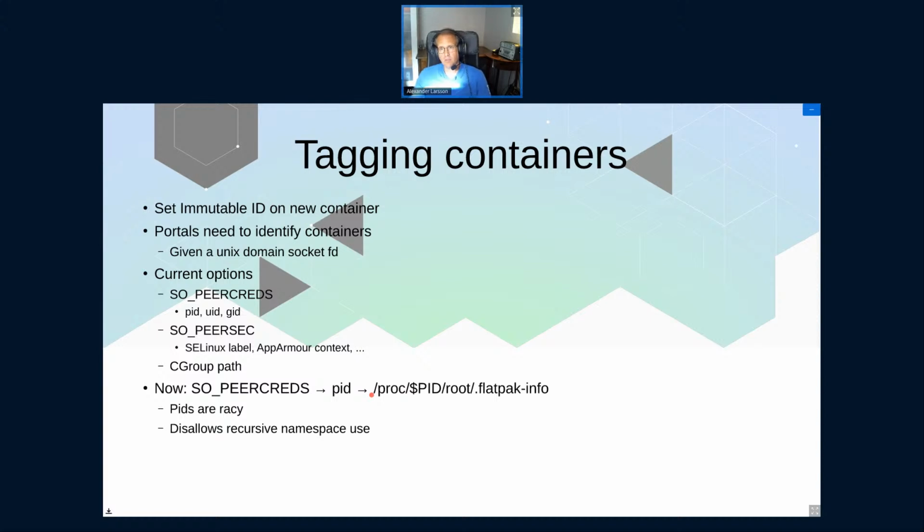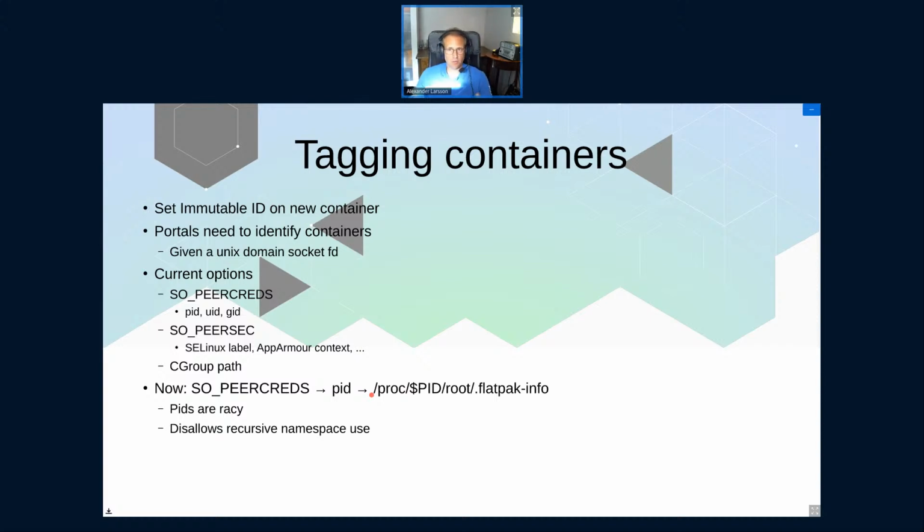One of the things I really would like from the kernel is some way to tag containers. In our case, we want to tag with the app ID. So the container management system, whatever, we want to start something and ensure that every child process in that container is tagged by this string, and that you can read back the tag.